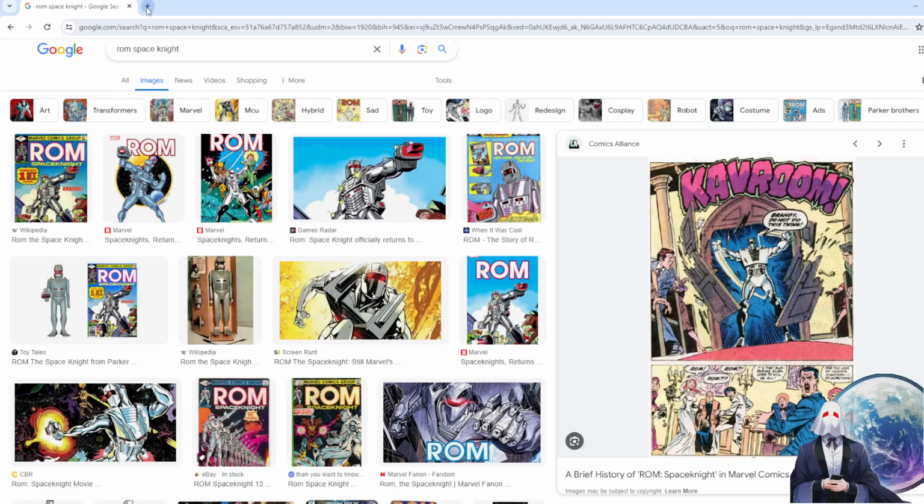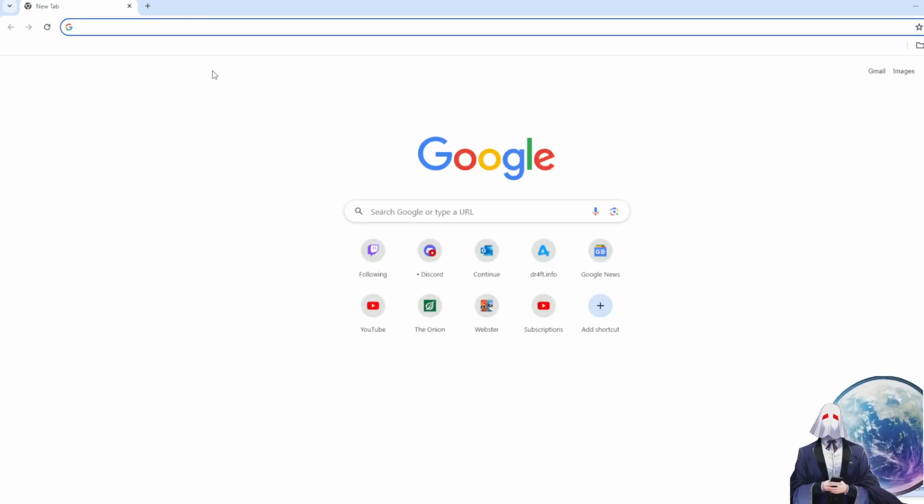Anyway, I'm not going to go down the rabbit hole of ROM Space Knight, even though I did pick up Volume 1 of the Romnibus, which collects, I think, the first half of his series. But it's one of the coolest merchandising tie-ins because it was, I think, Galoob, and they were like, we're going to make this action figure line. Here is the first toy we're going to make. He's this cool-looking robot guy. That's all we got.